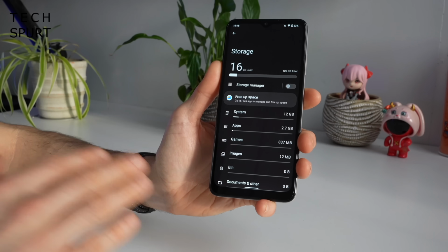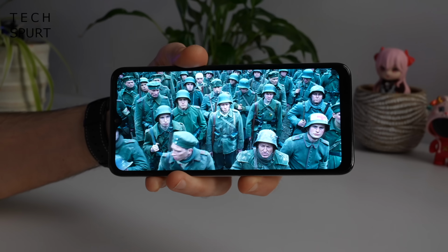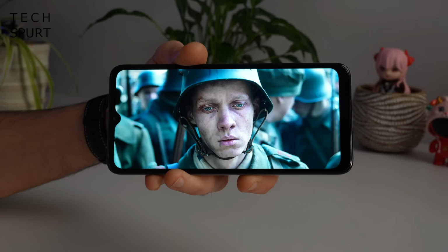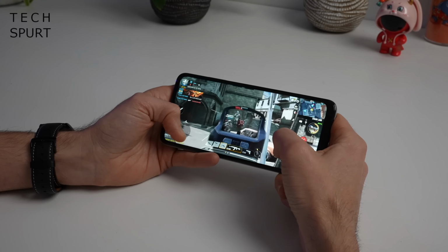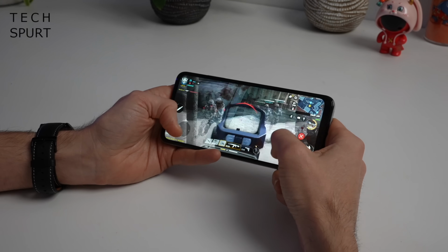You've got NFC support here in the UK and a dual SIM setup, plus a separate micro SD slot to expand the storage. Meanwhile, that IPS screen is a mere 720p panel, but it is fine again for streaming YouTube, browsing the internet, whatever. Power and proceedings is the Unisoc T606 chipset, same as the previous gen, and once again this is fine for everyday stuff, but I wouldn't recommend gaming on it beyond the occasional jaunt on Call of